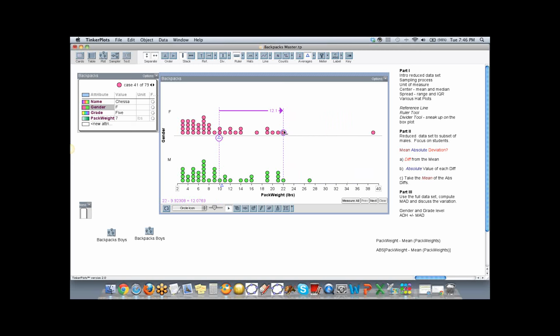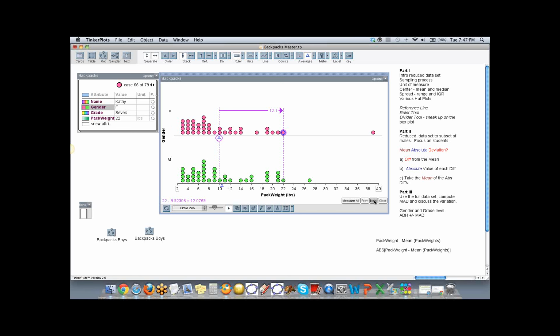So I didn't know if in the audience they're seeing that or not. But as you hit that point, it will. When you say snap, it's making a circle there. It's making the circle there, and it's actually attaching. The ruler is attaching itself to that case or that icon. And if you select it and click on that icon, it should show up in your card so you can actually see what student that is.